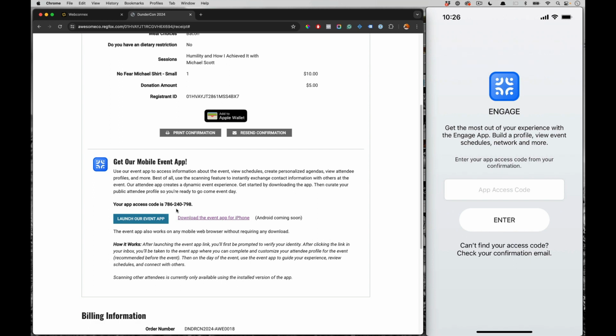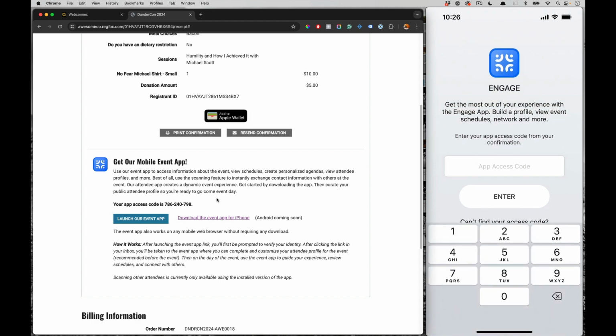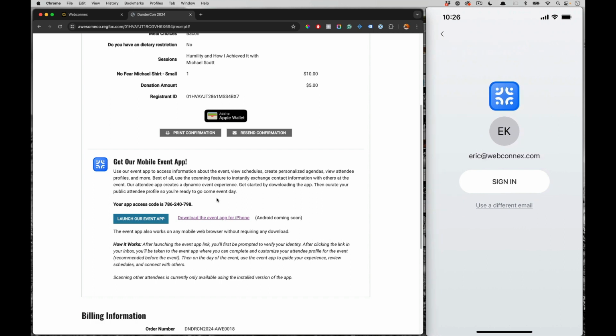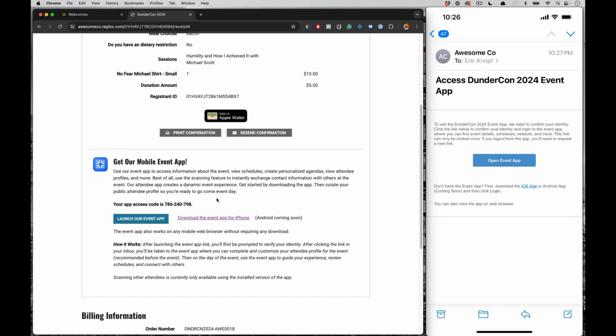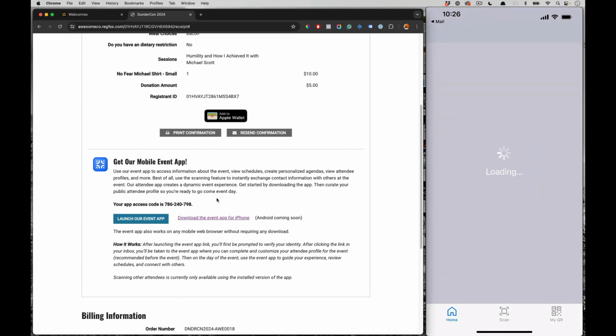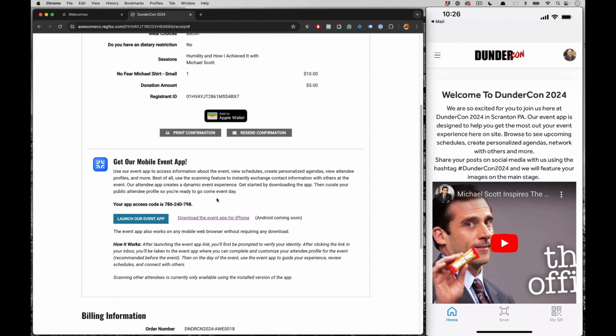So looking over here, we have the app access code right there. And so if I wanted to start from this position, I can just enter in this code and this is going to then prompt me. It says, great, we got you, so go ahead and sign in. And it's going to send me to my inbox just to confirm my identity is truly me. So I'm going to go over to my inbox here and I'm going to click my link. And here is my email. I can hit open event app. And now this is going to load. And here I am inside the